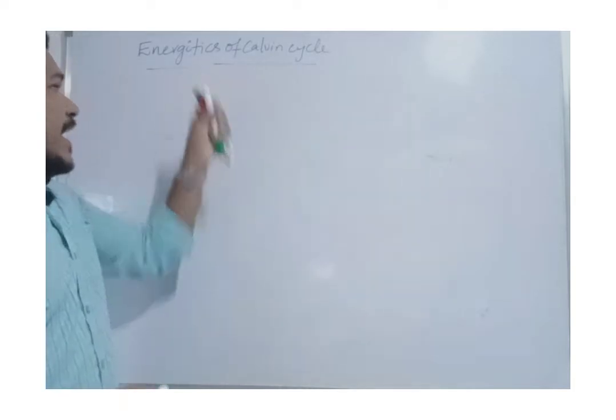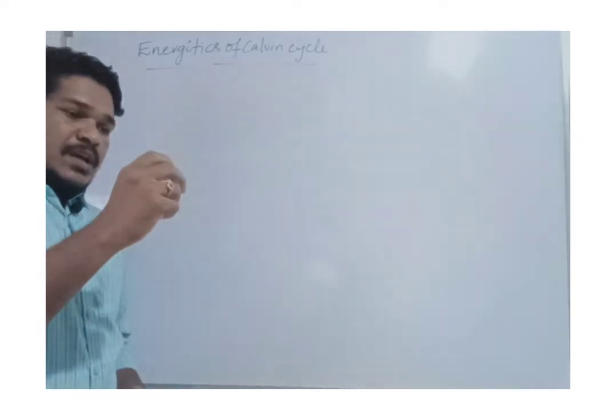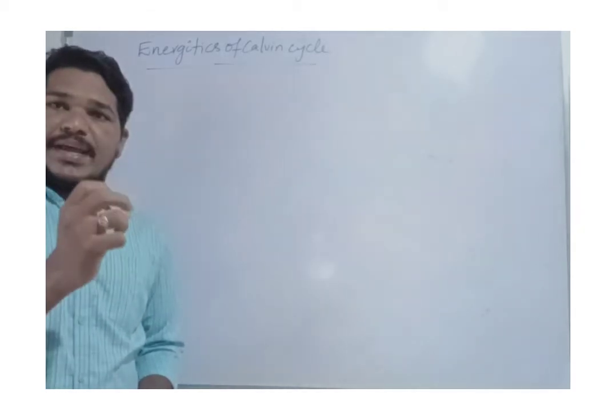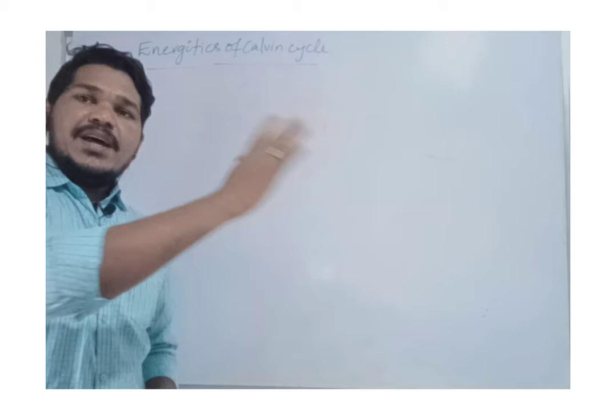In the Calvin cycle, one hexose sugar is formed by the 2